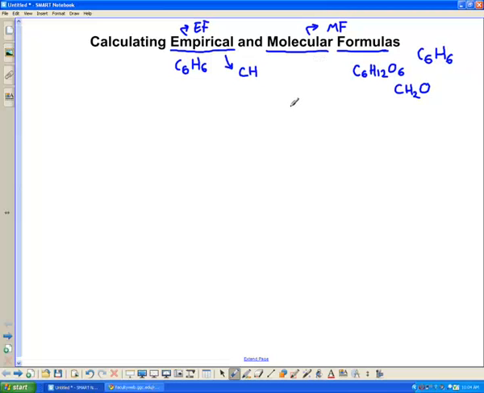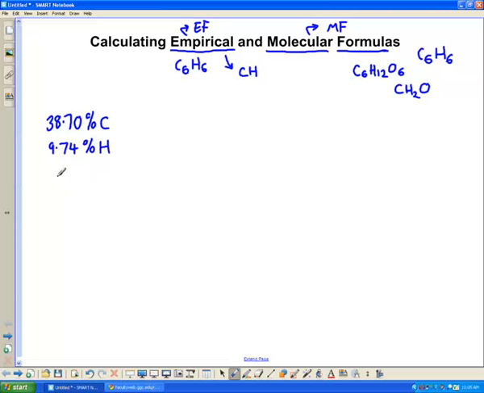So let's say, what's the empirical and molecular formula for a molecule that has this data associated with it? And whenever you have a question like this, you always have to be given something about the amounts of the constituent elements in the molecule. Usually it's in the form of mass percent, so let's just do that. This molecule has 38.70 mass percent of carbon. The mass percent of hydrogen is 9.74%,